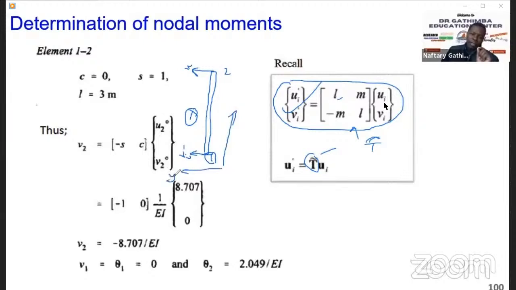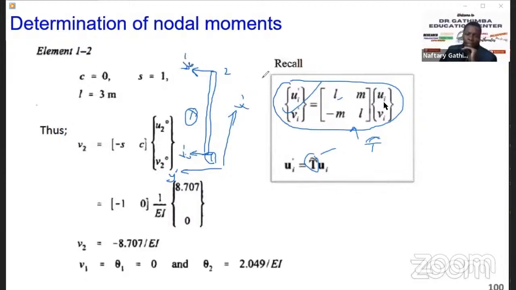This is the Y, this is the X plane. Our beam element is oriented vertically. So now, if you look at this V2